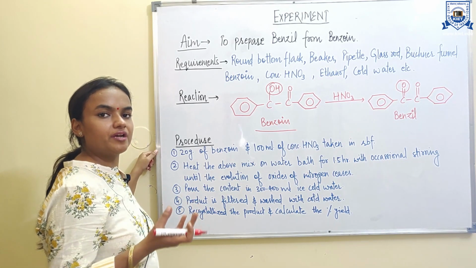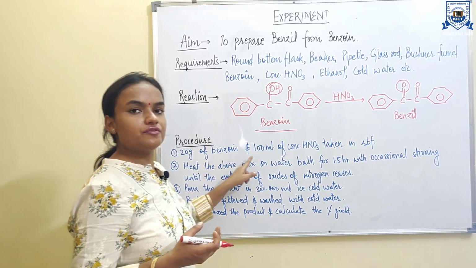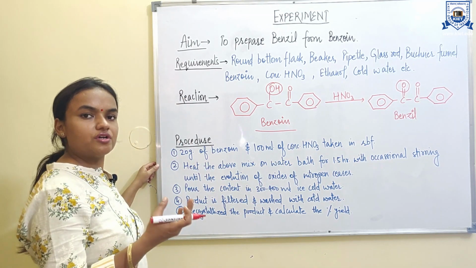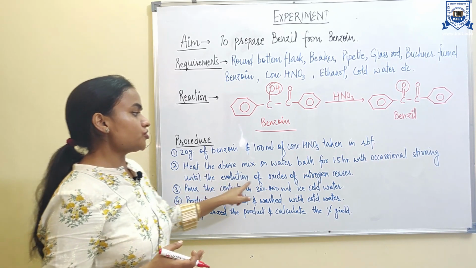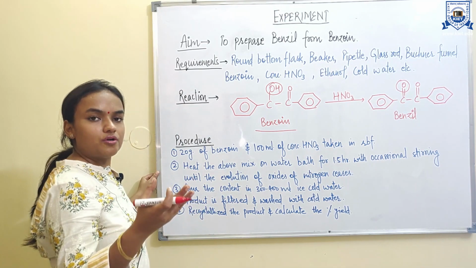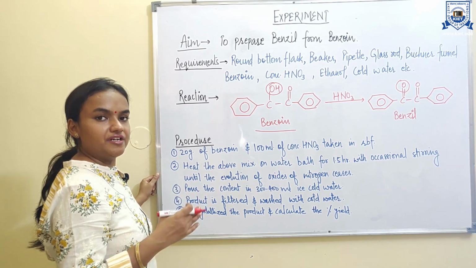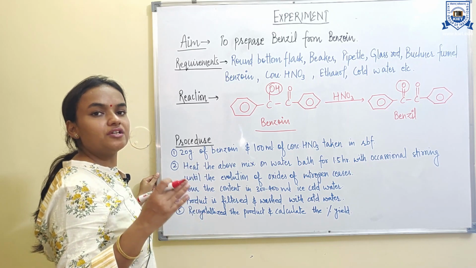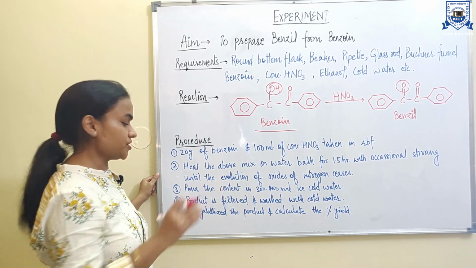First we will take a 250 ml round bottom flask to which we will add 20 gram of benzoin and 100 ml of nitric acid. The above mixture is heated on a water bath for at least 1.5 hours until the evolution of oxides of nitrogen ceases. Then this content is poured into 300 to 400 ml of ice cold water and the product is filtered and then washed with the cold water. Since the product is insoluble in the cold water but the impurities which are soluble in the water can be removed by this washing step.